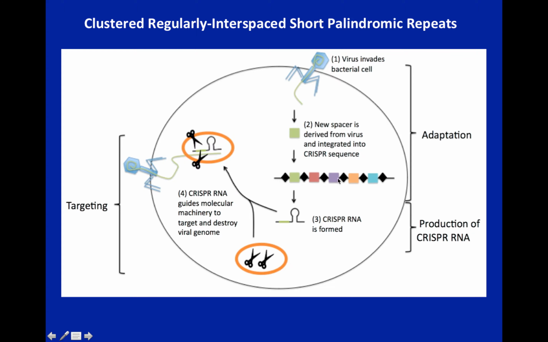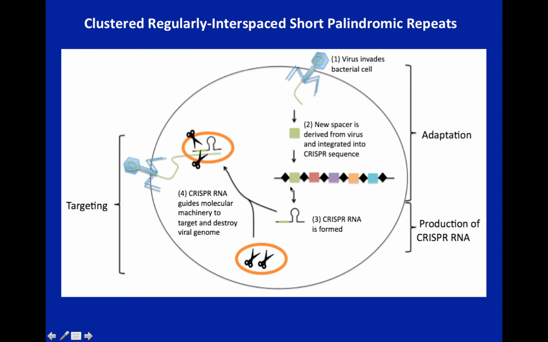This is a segment of the E. coli bacteria genome that has these short spacer regions that are interspersed. They're palindromic. And what are they interspersed between? Well, they are interspersed between spacer DNA that is derived from virus and integrated into this particular cassette in the